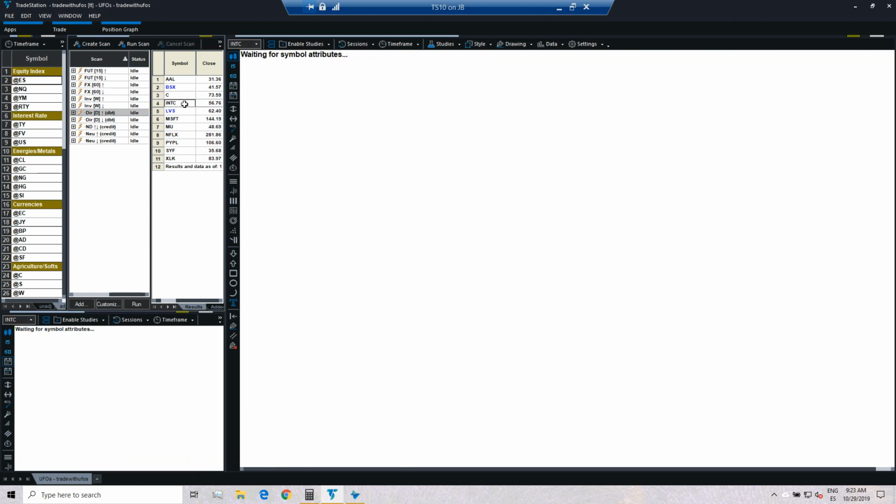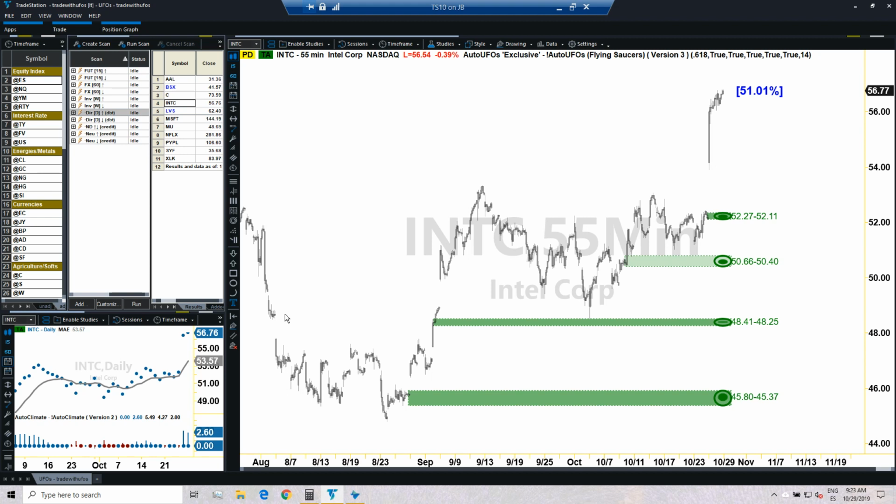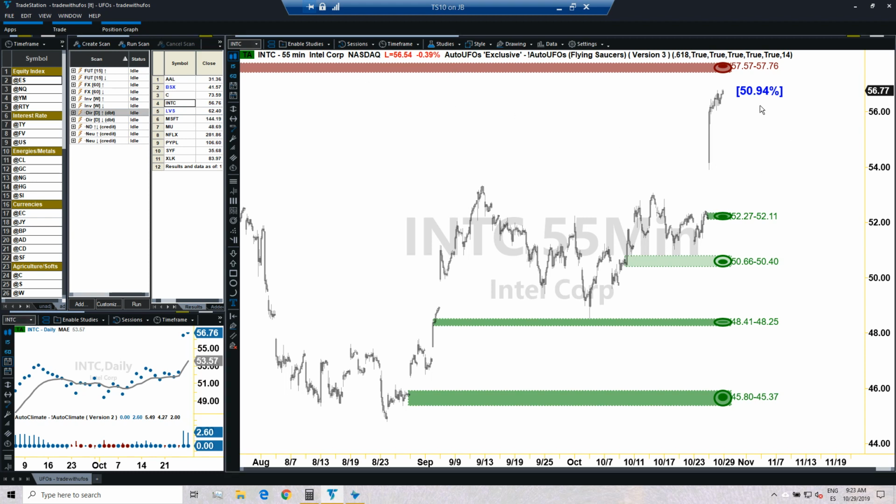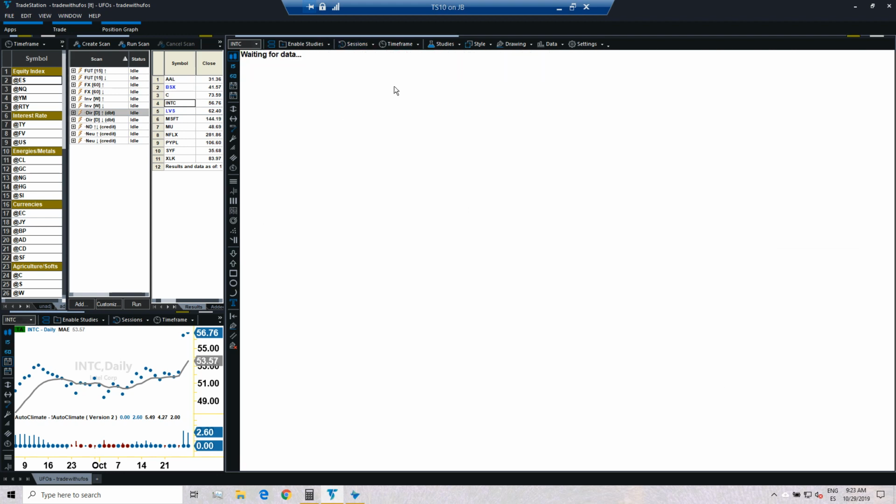So we will then go ahead and check Intel Corporation, see if we have an opportunity there. Intel Corporation, a very, very powerful move, probably because of earnings. We got 2 candles into a climate that should be 5. 53.57 is the current average, which is going to be a little higher later. But right now, we still need to wait for this to be loaded. That's it, it's loaded. We got 50% probabilities with the regular session. Pre and post market would give us, instead of 50.94, how much? We're about to see it.